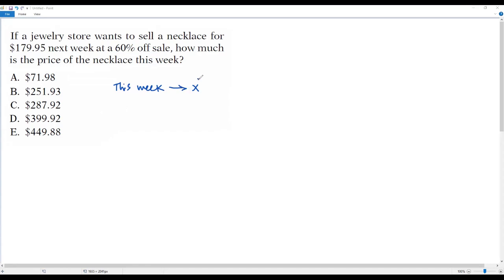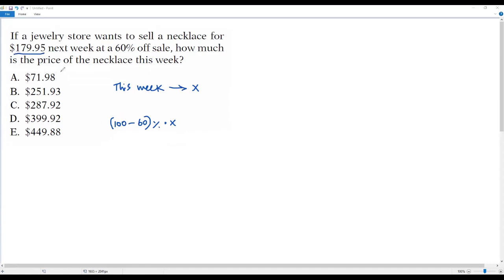Since we are going to decrease this week's price X by 60%, we have to subtract the 60 from 100. It is 100 minus 60, then we take that percentage times the value we are decreasing by 60%, that is X. Here I got the price of the necklace next week, but I already have it. That is